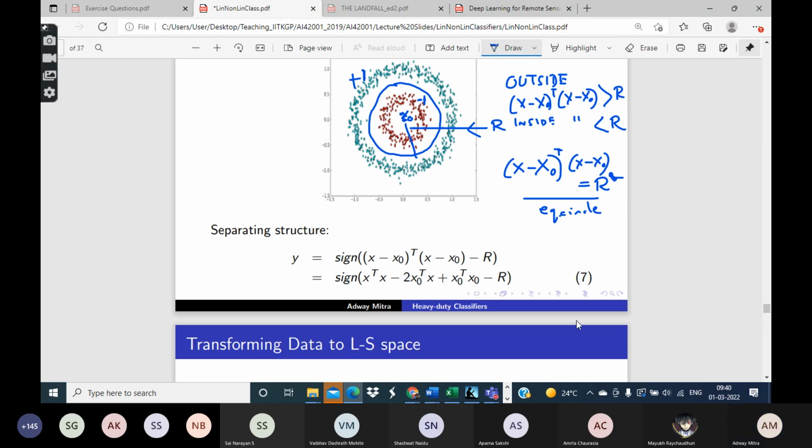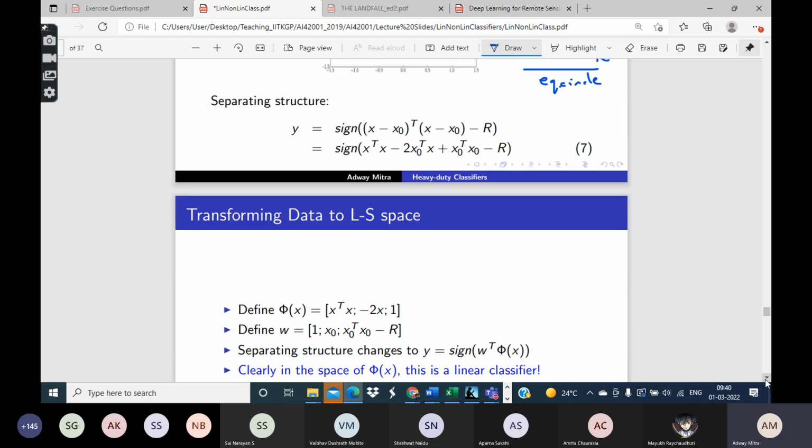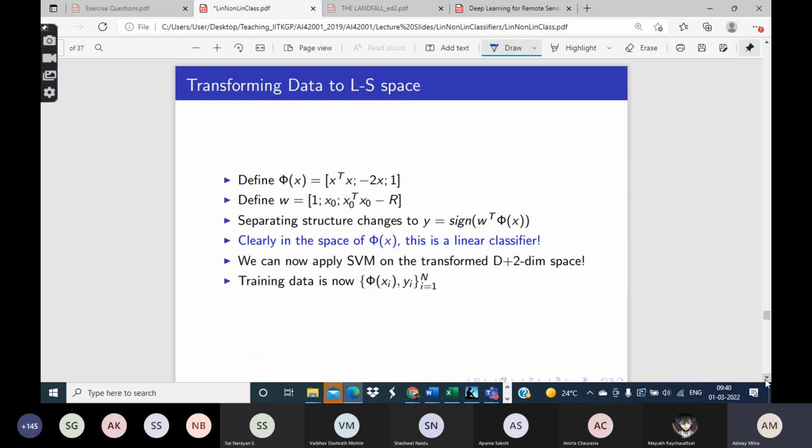Okay. So now let me define a quantity called phi x. Here x is, of course, any vector in that space. I define phi x as follows: x transpose x, minus 2x, and 1. So clearly phi x is a vector. This x might be any dimensional. X may be d-dimensional, but phi x is